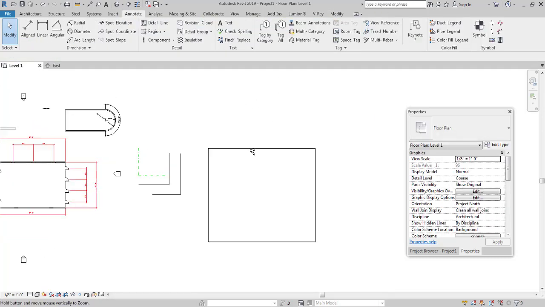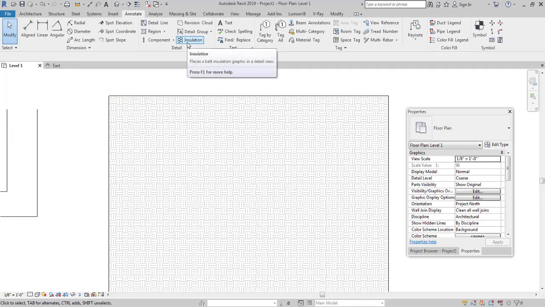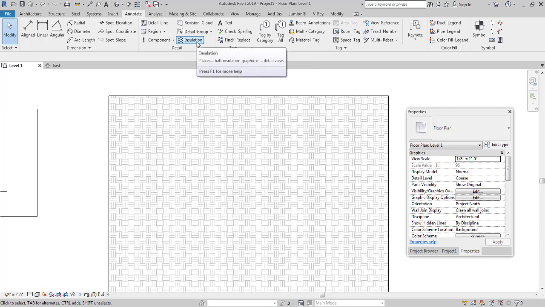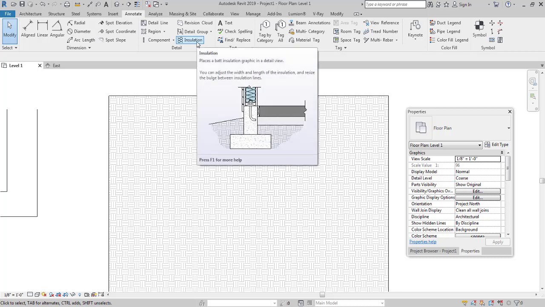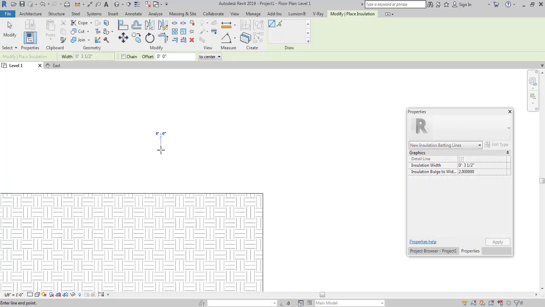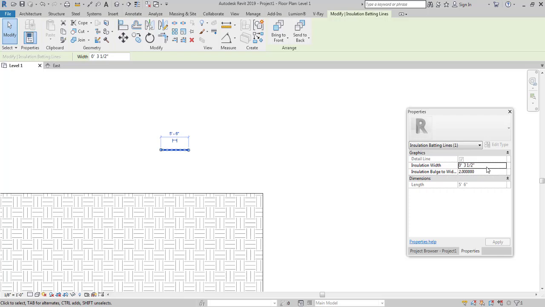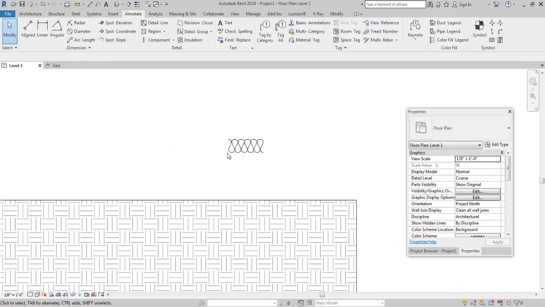Okay. And another very important command is the insulation. This is just used for detailing when you try to create detailing such as the one that you guys just saw. So insulation is nothing, just select the insulation icon over here, click it and drag it to the right. And as you can see, it's very small. Select the insulation just created. Insulation width, let's make it 2 feet, and just change the size.